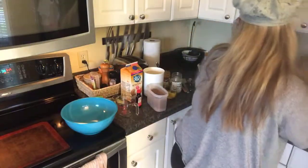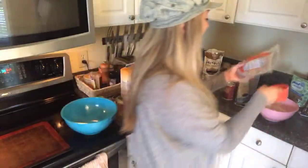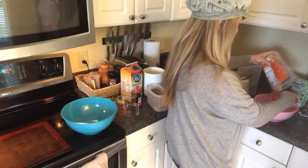Here we go. And last but not least, we're gonna rock to the almond meal. So you could be doing 2 cups of flour, but why when you could be a little more conscious, adding in more healthy fats and proteins and fiber from your almond meal. So 1 cup of flour, 1 cup of oats, 1 cup of almond meal. I'm already up to 3 cups here